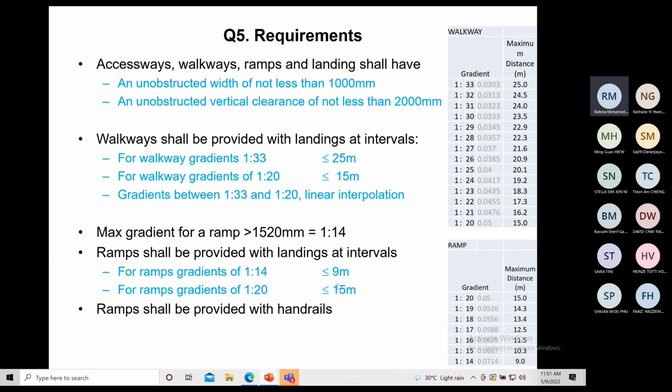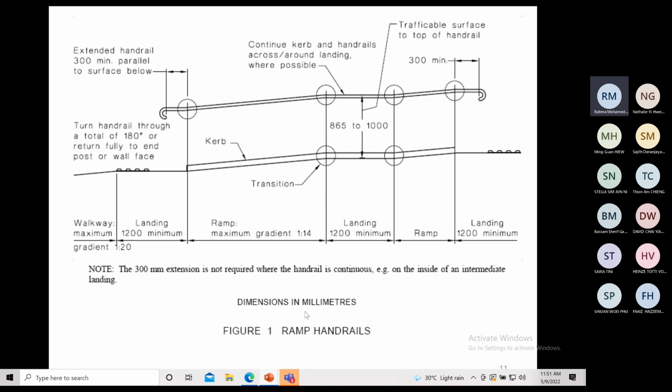The distance is 9 meters to 15 meters, and the gradient is 1 in 14 to 1 in 20. Anything greater than that, provide a landing. And make sure if you design a ramp, you should provide handrails. Okay. So to start with,